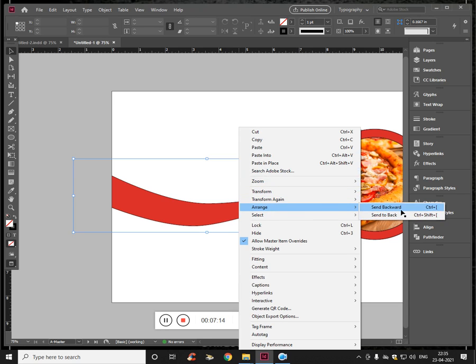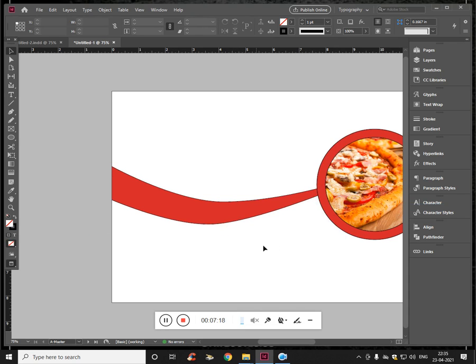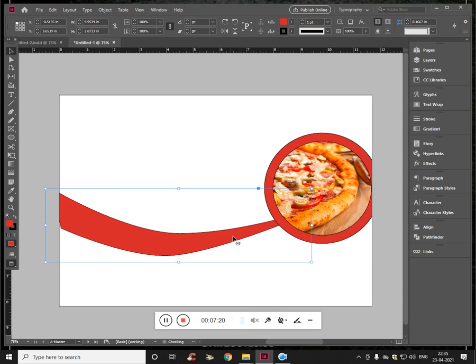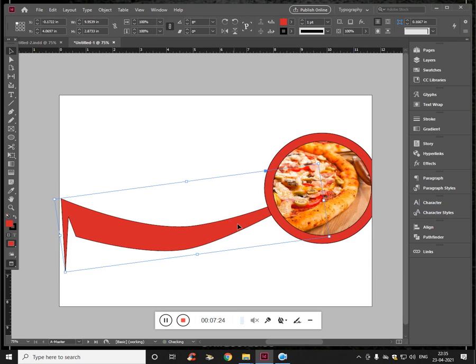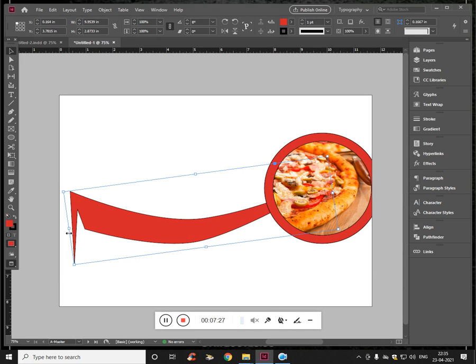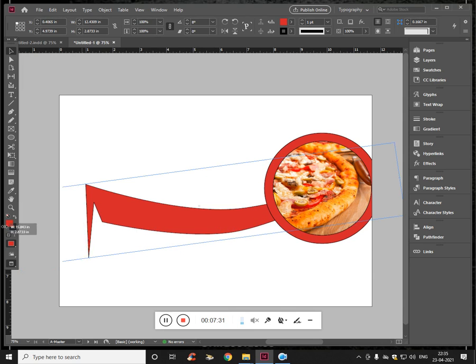Zoom in and select this. If you want, remove the strokes, ungroup it, select this one alone. So I'm leaving the shape to you. You will work on whatever you want to do.